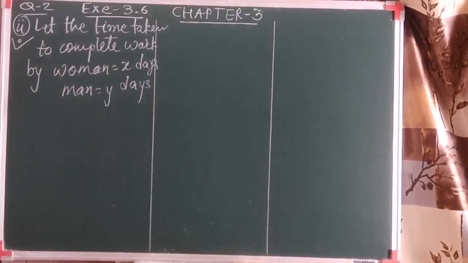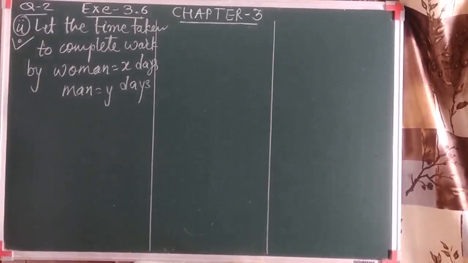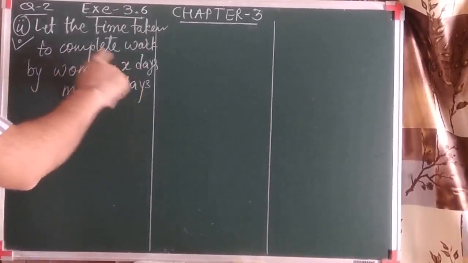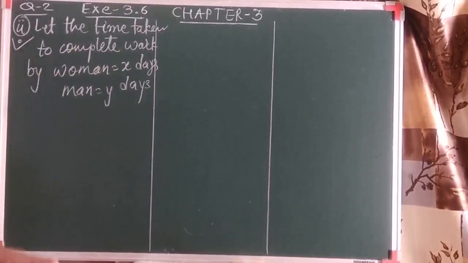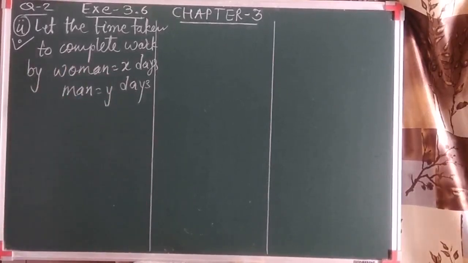ज्यादातर हम क्या करते हैं? If a price of one chocolate is 10, so 5 chocolate is 50. This is called direct variation. But here you can see it is an inverse variation, or we can say the inverse proportion to understand. If one lady will take x days to complete the work, so 2 women take less than x days. Fine. अगर एक औरत को एक काम करने में 5 दिन लग रहे हैं, तो 2 औरत साथ में काम करेंगे तो 5 से कम दिन लगेंगे. Which is called the inverse proportion. Remember. So this question is based on the inverse proportion.